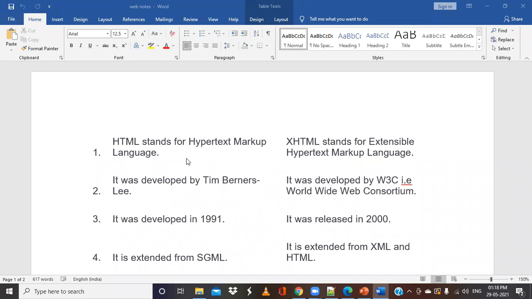So how are you going to represent your data on the web? For that purpose, we use this markup language. Earlier to HTML, there were some other markup languages that existed, but they were only meant for font style, font properties, how you can put colors and so on.